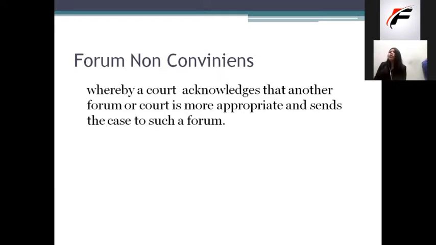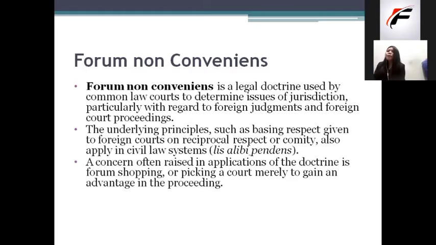So the court will send the case to another forum. Forum non conveniens is a legal doctrine used by common law courts to determine issues of